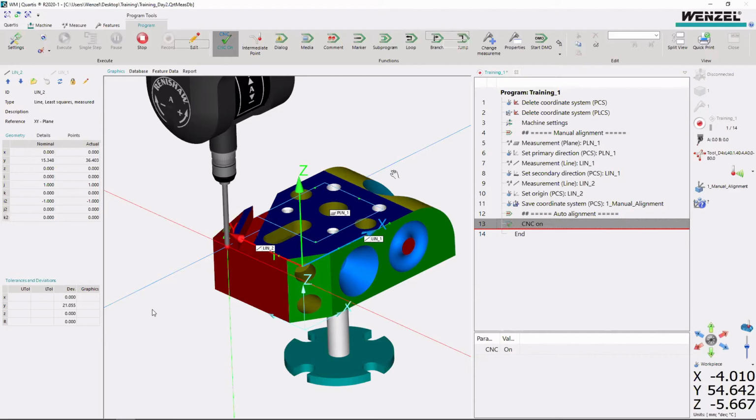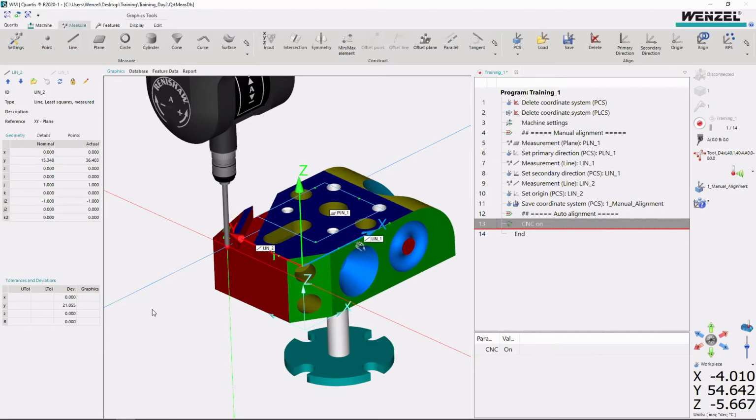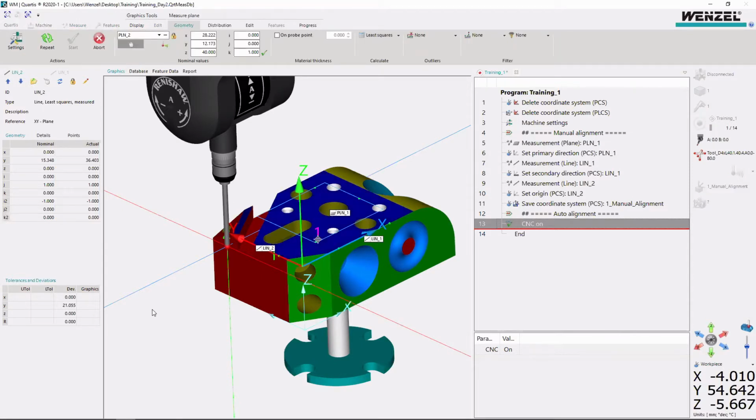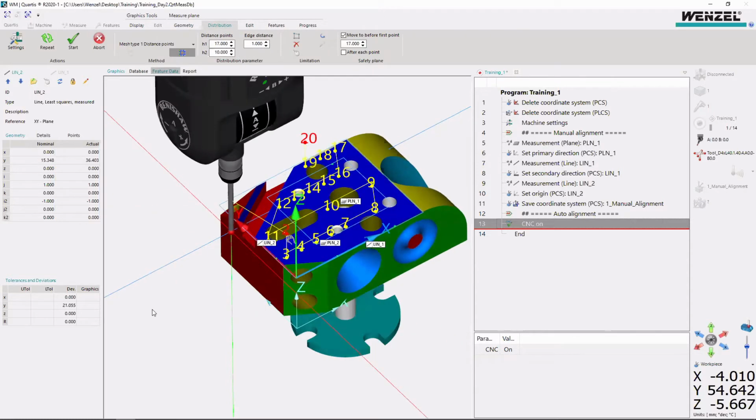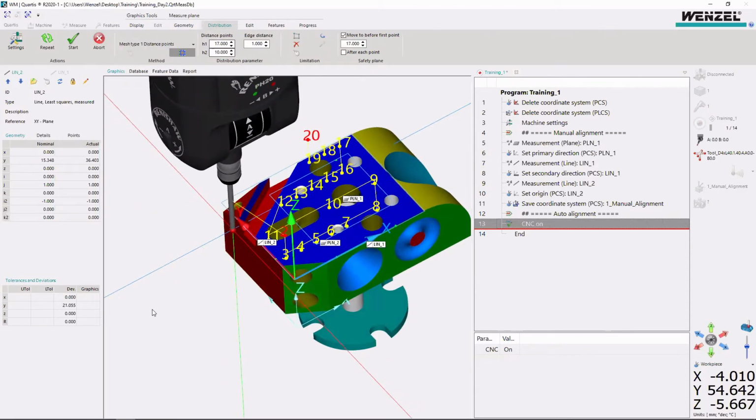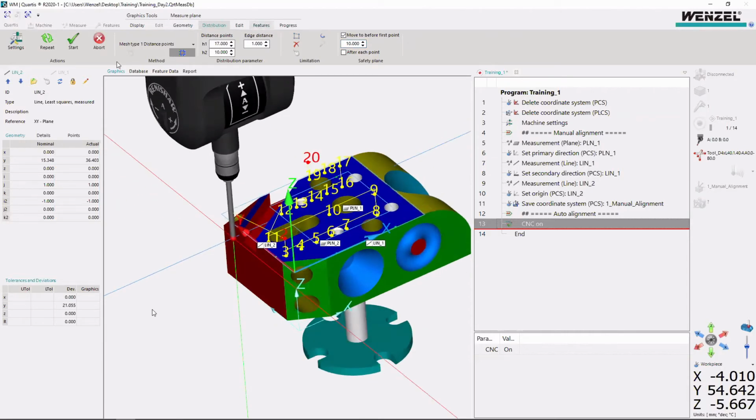So yeah, and then for the next one, I will just repeat the manual alignment steps, but this time I will not use the joysticks. So first left click and right click, and then go to distributions to check out the distribution method that I want, as well as all these parameters, and also this safety plane. Okay, if everything is fine, you think that there are no collisions, everything is good, then just